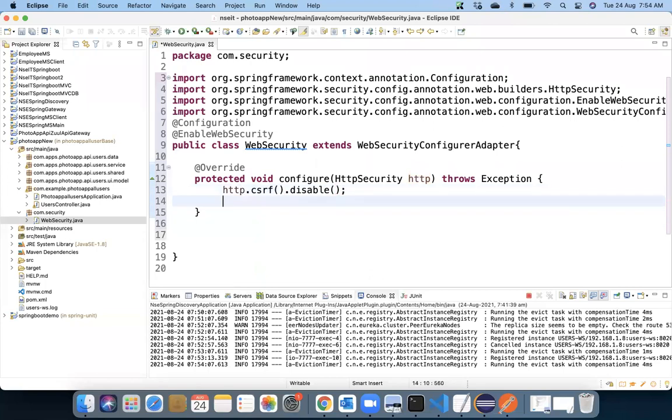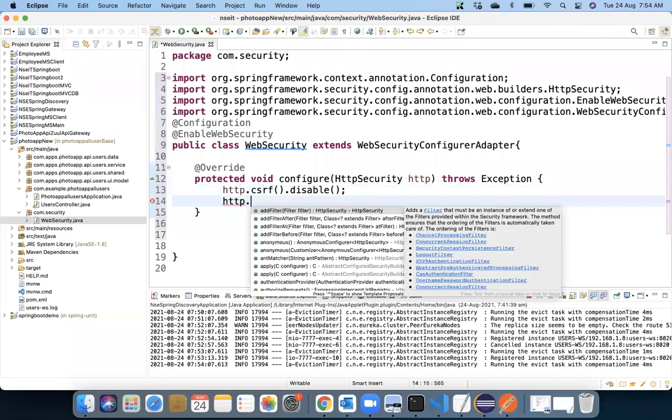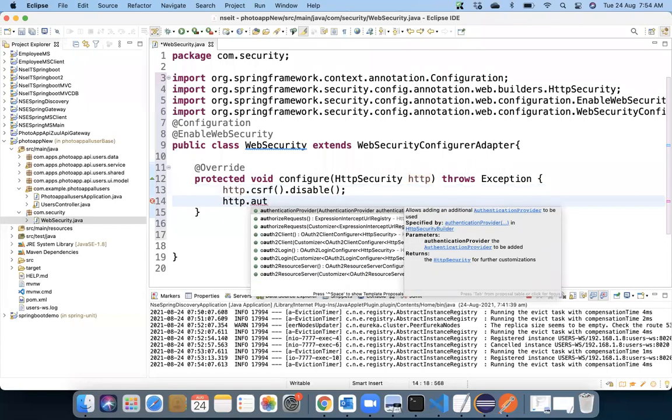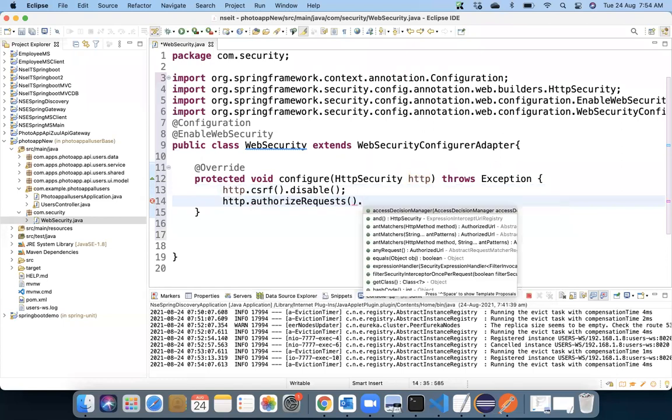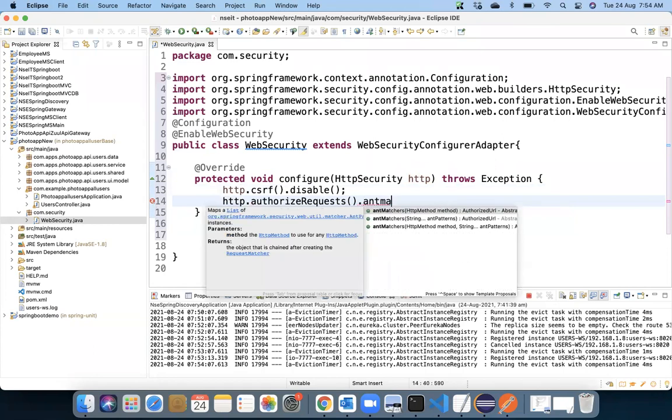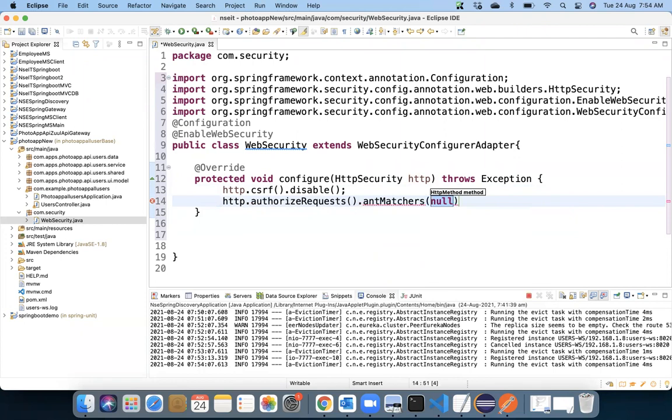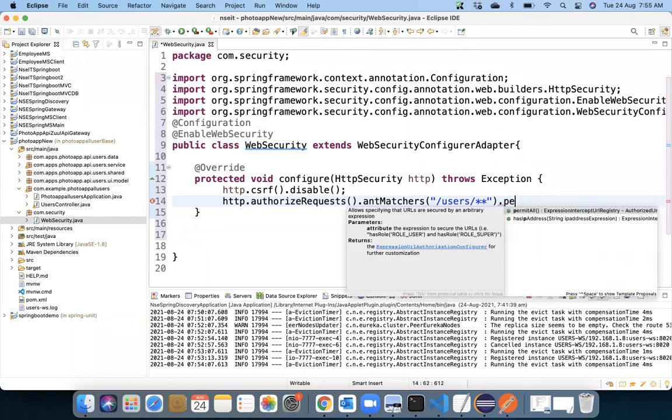After that, you're using http.authorizeRequests().antMatchers(). Here, which URL would you like to protect? You would say slash users, because my URL starts with slash users. So I'm saying slash users and any sub URL from that, then permitAll().